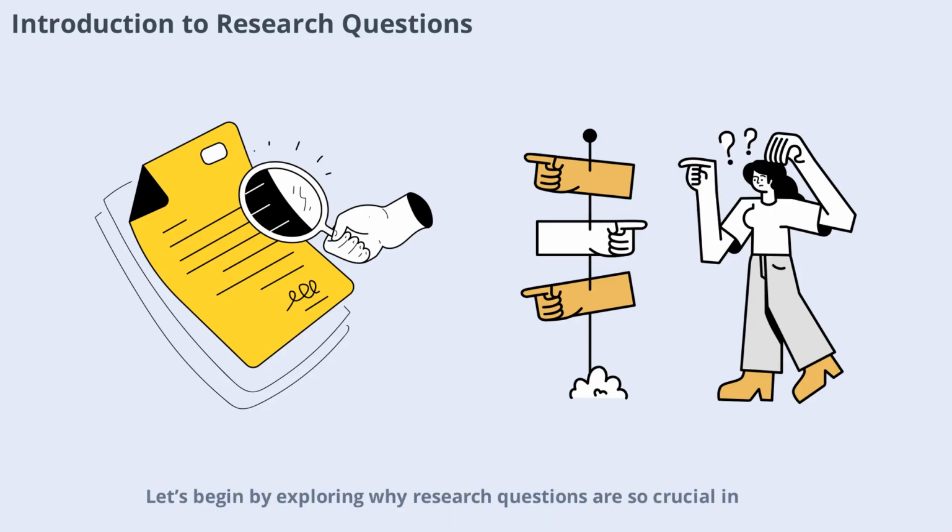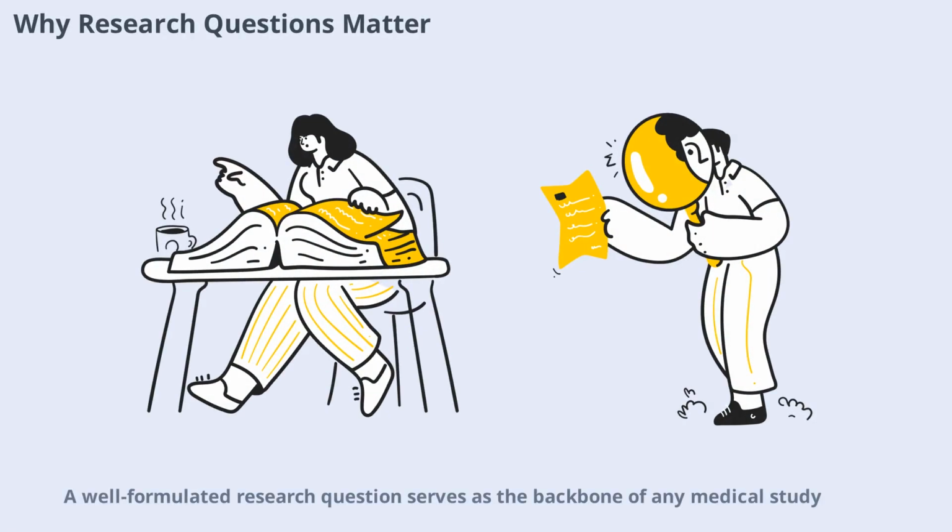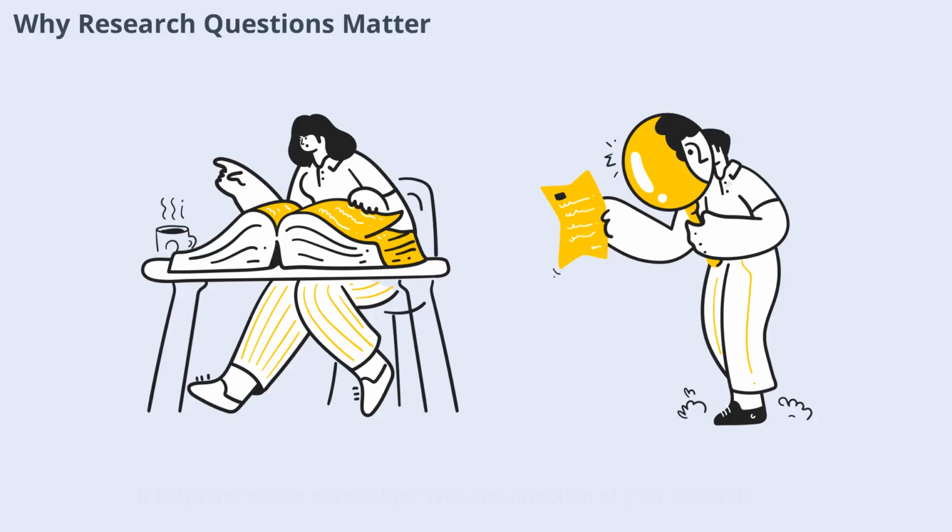Let's begin by exploring why research questions are so crucial in the medical field and how they guide the entire research process, from study design to data analysis. A well-formulated research question serves as the backbone of any medical study. It helps define the scope, objectives, and direction of your research. Without a clear question, studies can become unfocused, leading to wasted resources and ambiguous results. In medical research, where patient outcomes and scientific progress are at stake, clarity is essential. By the end of the video, you'll understand how a strong research question can streamline your study and ensure meaningful,